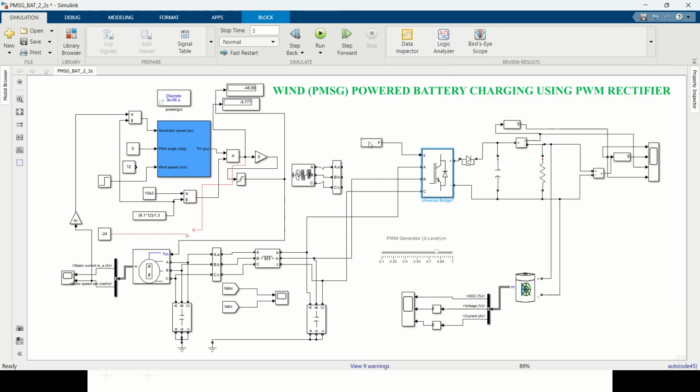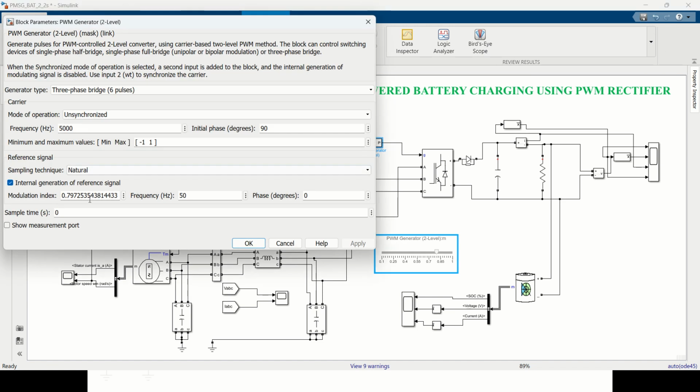This is driven by the pulse generator. This pulse generator